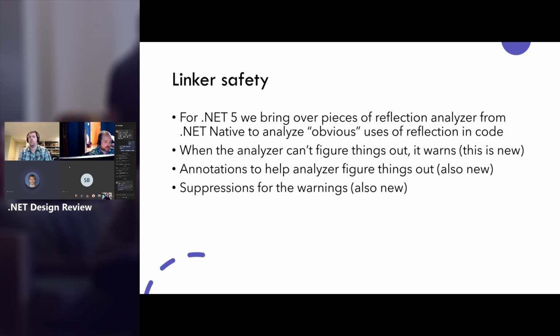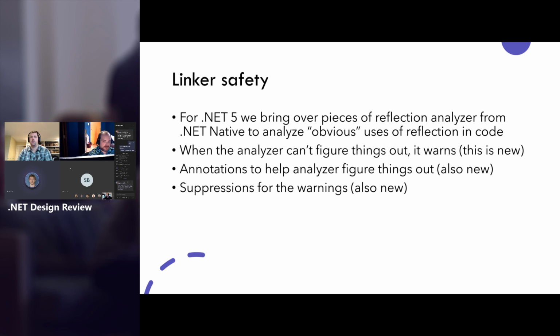We also said that whenever the analyzer within the linker won't be able to figure things out, it will warn. That's a new thing compared to .NET Native, where the warnings were not there because there would be too much noise. We came up with some annotations to help the linker analyze things better. And we would also like to come up with suppressions for some of the warnings